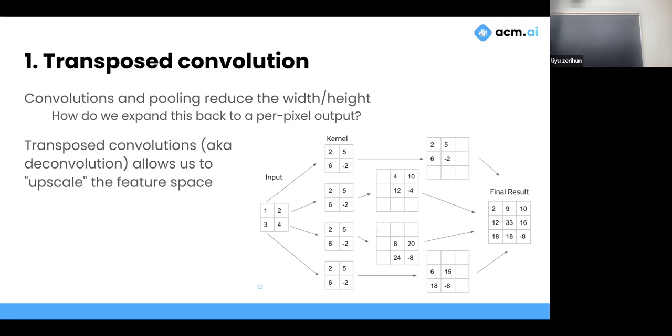By doing so, we're using this kernel as a template to multiply all of our inputs, and we're able to inflate into a much bigger result. Does that make sense? What's happening here? Yeah. So this is what transposed convolutions are. They're the opposite of what we consider normal convolutions. So we're basically upscaling the feature space by doing so.